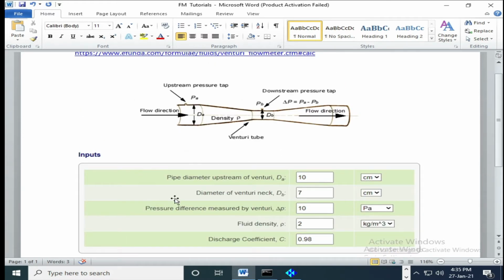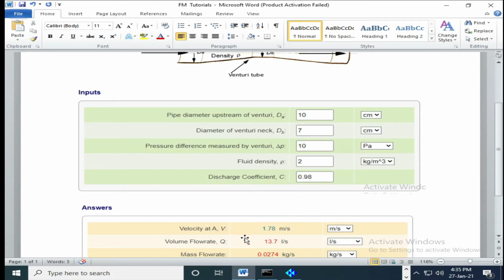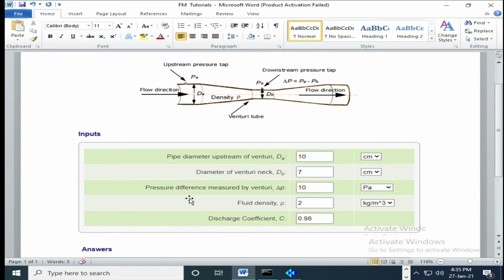Then we are going to calculate how much pressure drop. In the problem they have mentioned pressure drop also, but we are going to calculate from their answer, that is velocity, that is 1.7 meter per second. So as boundary condition, we will give velocity inlet, and at outlet we will give pressure outlet, and we will try to validate the pressure drop delta P, that is PA minus PB, that should be 10 Pascal theoretically, but we will see how we can simulate it in Fluent.